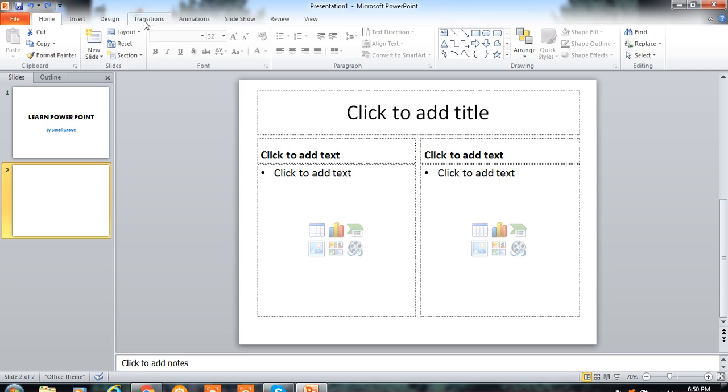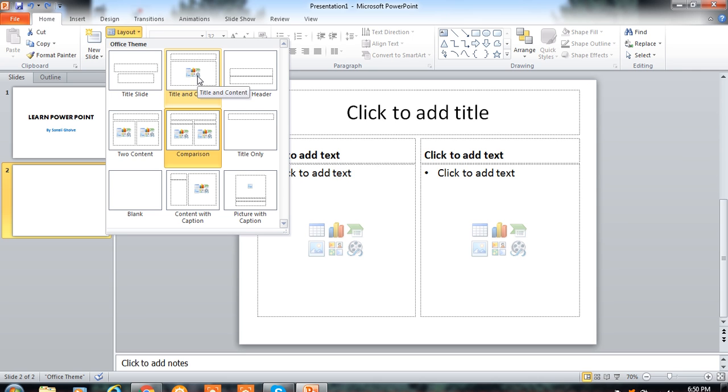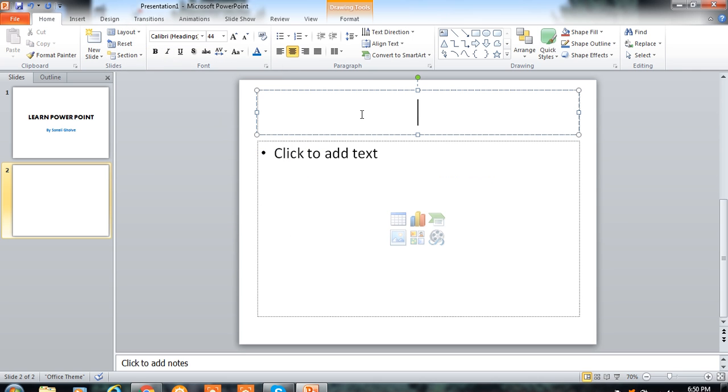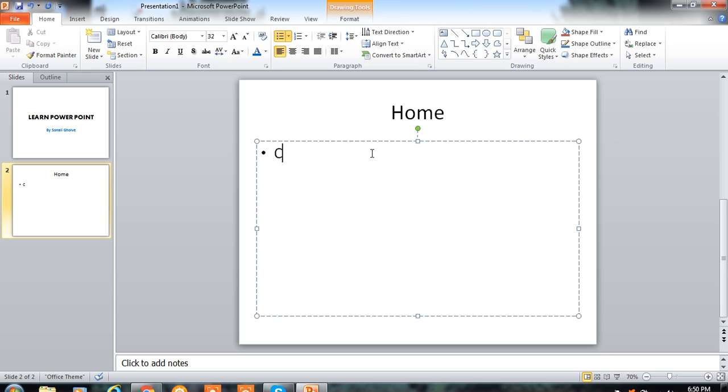Here I want a different format, Title and Content. So click on this. Here, the Home menu. Okay, on this Home menu, which are the options? Clipboard. Okay. These bullets are coming automatically. If you don't want this bullet, simply click on this option. Okay. Clipboard. Then I'm typing again this group, Font.